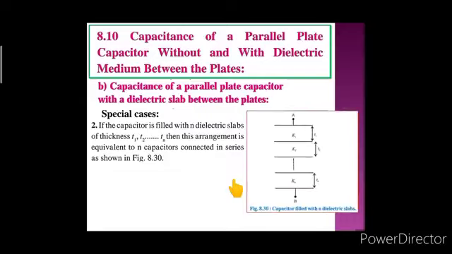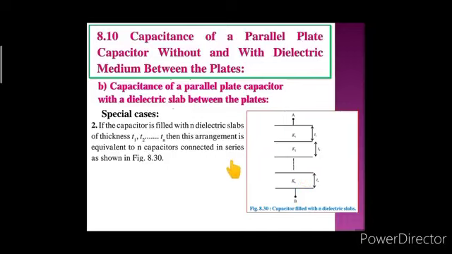As you can see in this figure, if we are connecting the capacitors from these two ends A to B with a number of dielectrics introduced in between of thickness t1, t2, t3 etc., here we can say that the arrangement is equivalent to n capacitors connected in series there, and hence